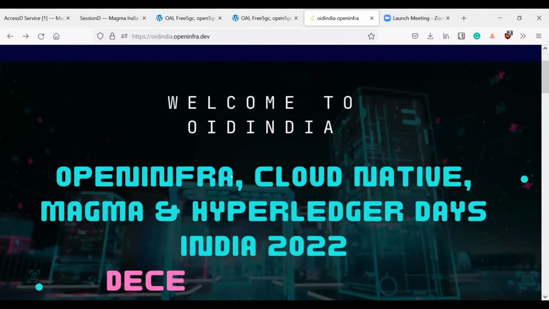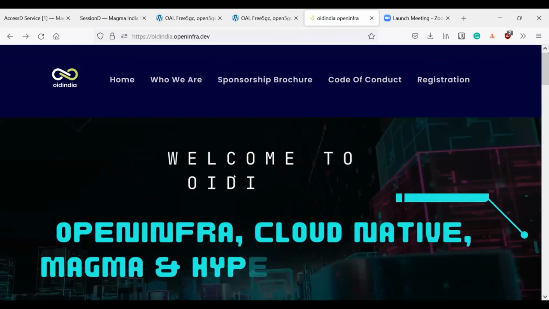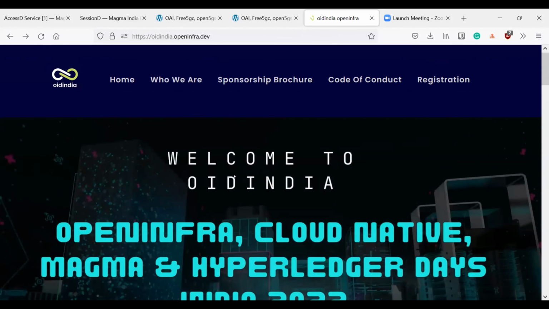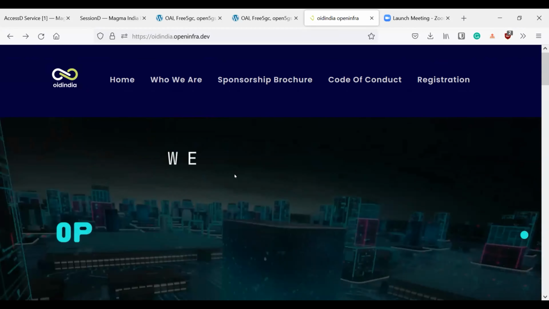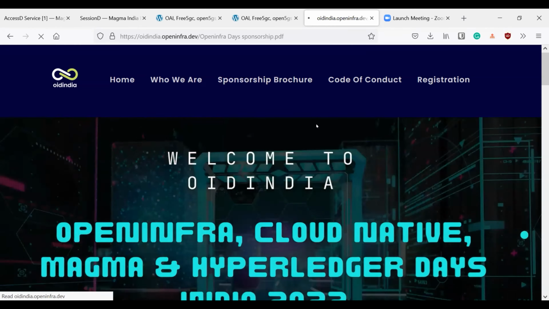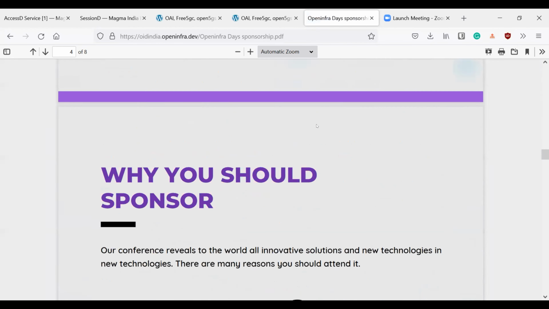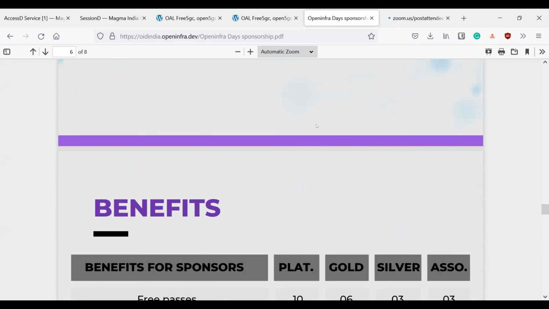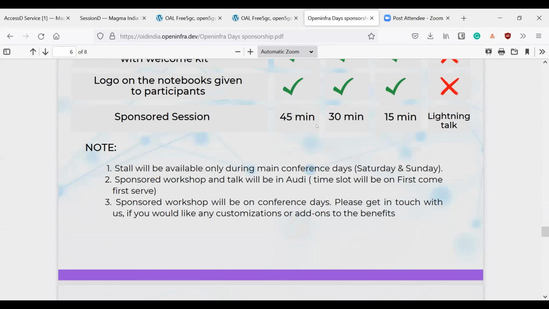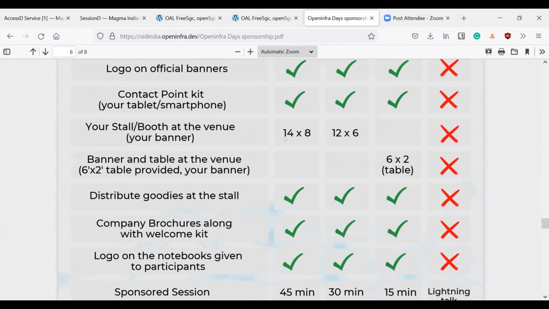With Magma, if you can also help us with more outreach, that will be really helpful. And if we want, we can have a booth as well. So for example, we can have some booths with Magma. That's all we have from our side.